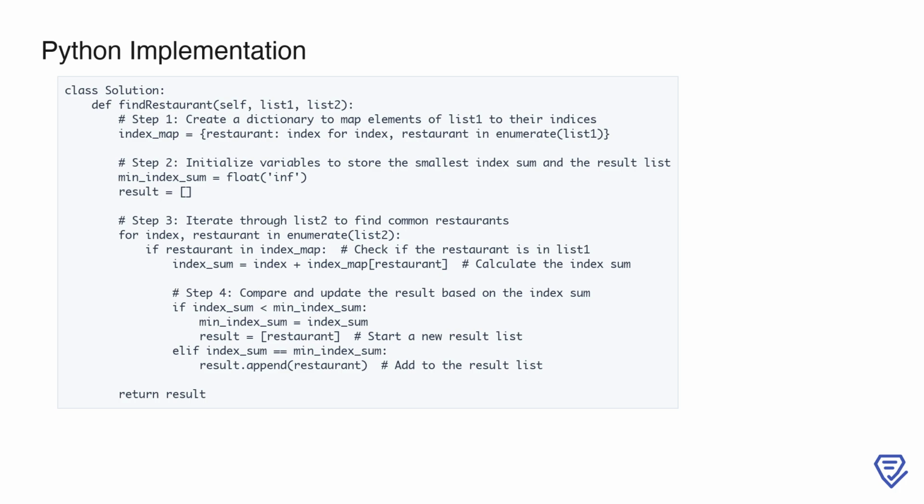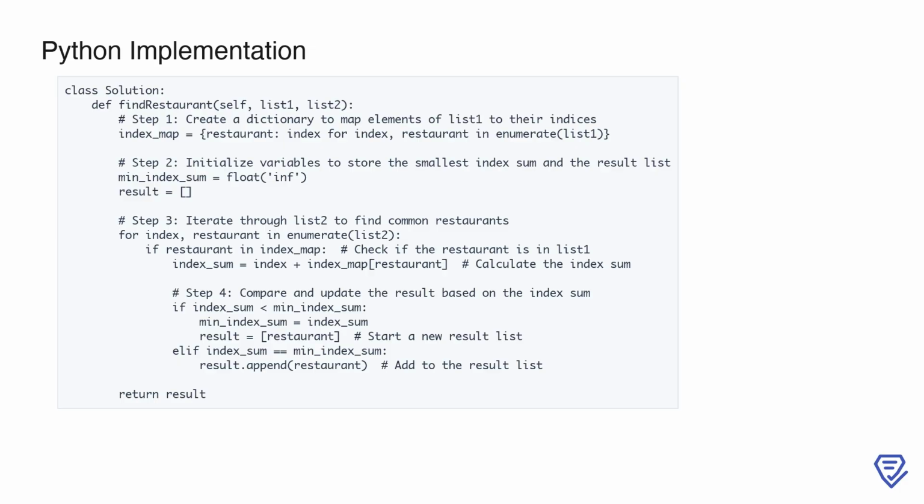This approach is efficient with a time complexity of approximately O(n + m), where n and m are the lengths of list 1 and list 2, respectively. The dictionary lookup ensures that checking for common restaurants is fast, and the algorithm avoids unnecessary nested loops. This solution handles edge cases, such as no common restaurants, returns an empty list, and ties in index sums, returns